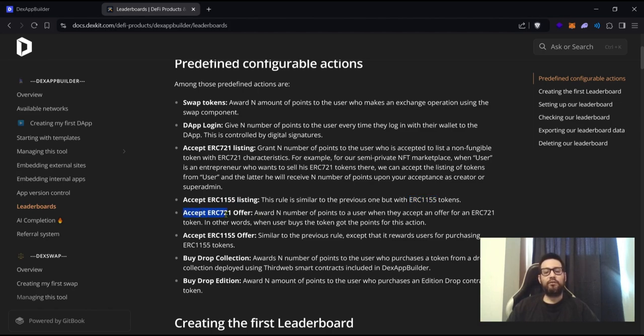Accept ERC721 offer. Award n number of points to a user when they accept an offer for an ERC721 token. In other words, when the user buys the token, they get the points for this action. Exactly. Every time a user accepts to buy an NFT with the 721 standard, they will be awarded the points that you set up before for this action. The same with the other NFT standard, the 1155. And the other two actions available are buy drop collection, that awards